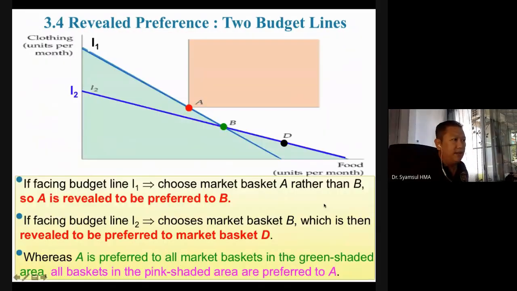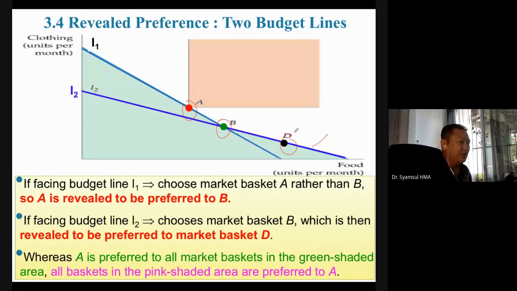Okay, here is an example. I don't want to go very deep on this. If facing budget line I1 here, they choose market basket A rather than B, so A is revealed to be preferred over B. If facing budget I2 here, they choose market basket B, which is then revealed to be preferred to market basket